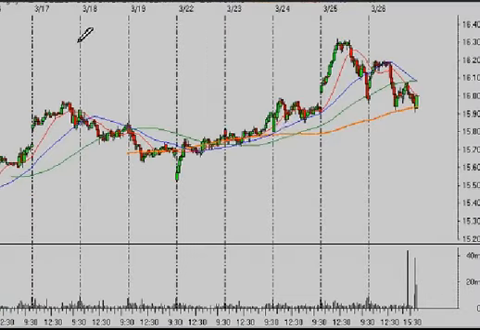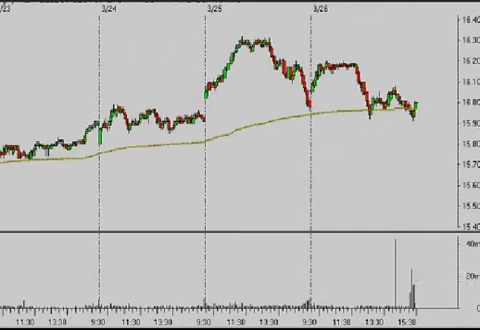We saw that this $16 level was defended successfully on a closing basis, so that was kind of impressive. We are above the 5-day moving average, and for the week the average price was defended as well. So on average, the financials were really stronger, not necessarily in terms of percentage move, although that actually might be the case, but in terms of the psychology of the participants. The buyers of the financials on average are feeling better than they do in the semiconductors, where on average they're down 30 cents.